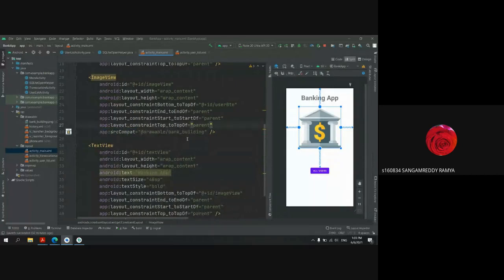I pasted my image in drawable and I used the command like SRC only, but it won't be visible. Is your file named properly? It should not contain any capital letters or any numbers. Whenever you are pasting any images in the drawable folder, it should not contain any numbers or any space.